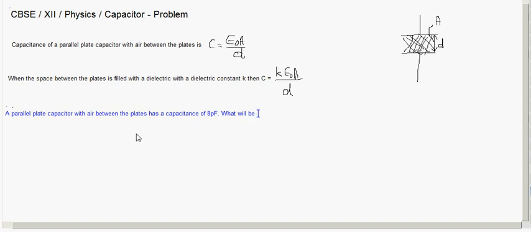What will be the capacitance if the distance between the plates is reduced by half